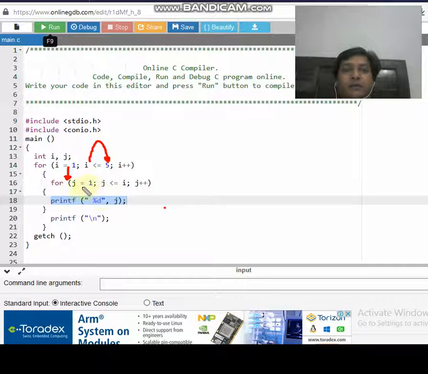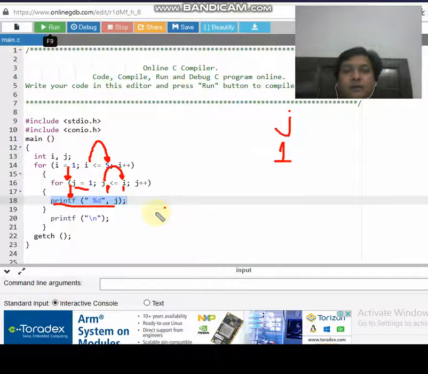and then the value of j is initialized with 1, and the value of j, which is 1, gets checked with the value of the current i. Both j and i are 1, and the condition is true. So the control gets into the body of the inner for loop, where the printf statement is written, and the value of j gets printed as 1. So for the very first time, 1 is printed on the screen.